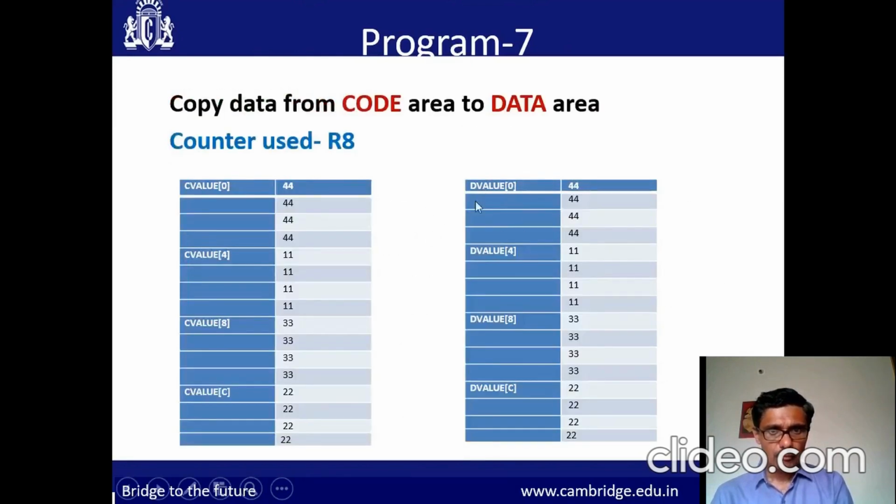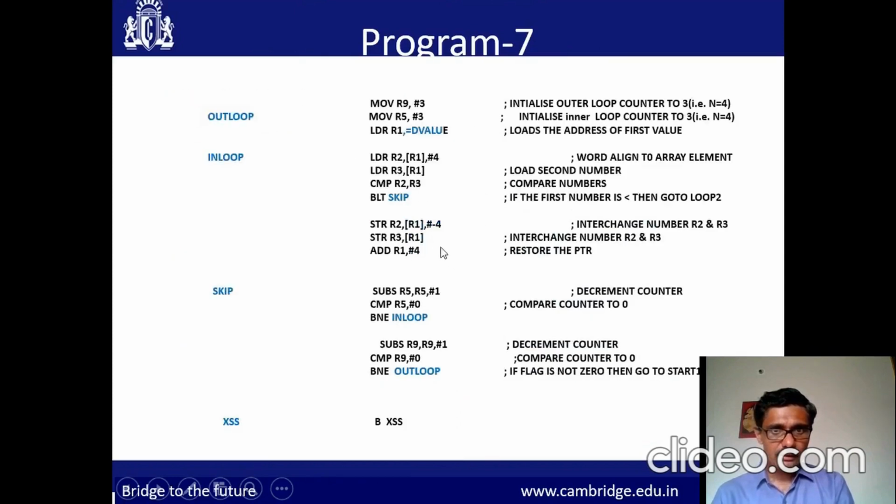Okay, here. How is it here? Because after copying the first data, I am decrementing the pointer. This is -4. See, this is -4, not +4, -4. Copy and decrement the pointer. So at the end, finally, first data is copied into second memory location, and second data is copied into first memory location. So that is, we have swapped.